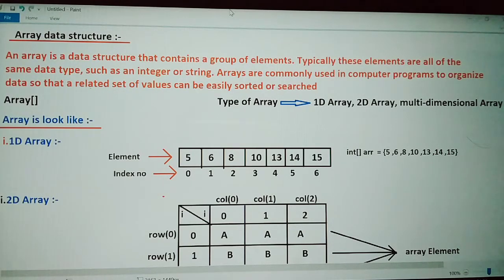All of the photos are stored in the photo store. The photo store is an array where the same type of elements, which are all of the pictures, are gathered together. So you see that arrays look like that.